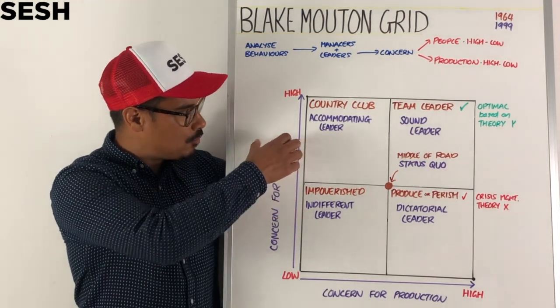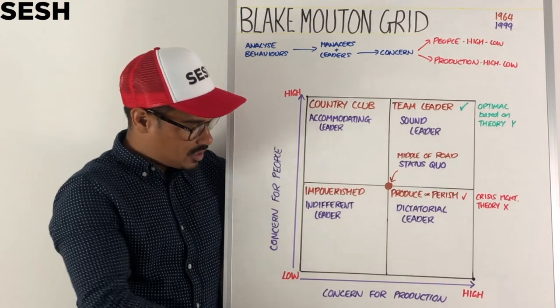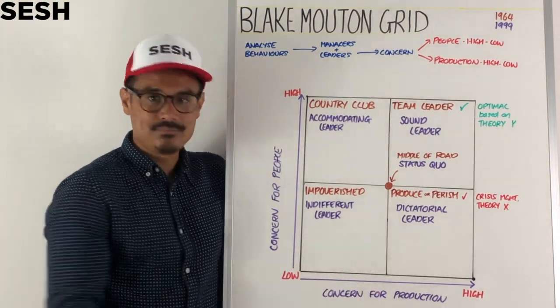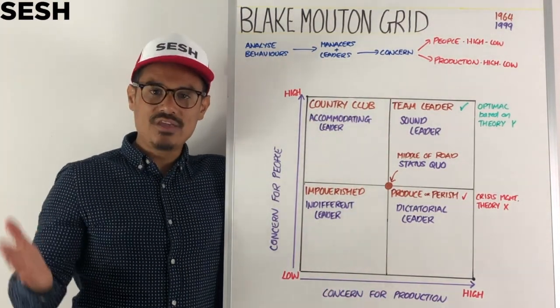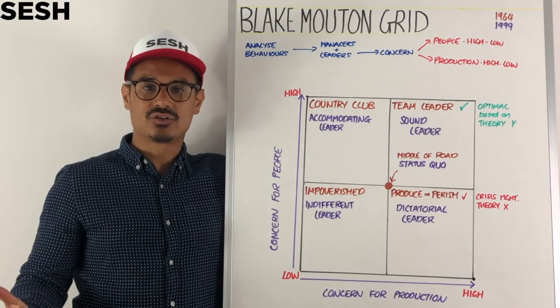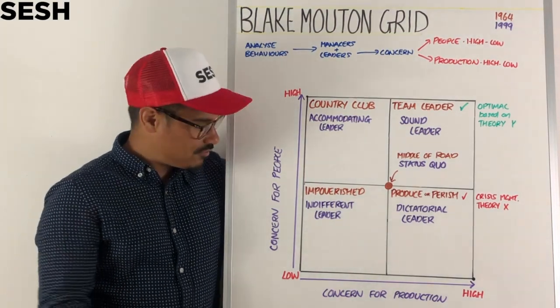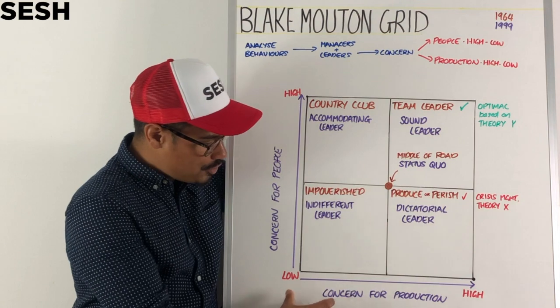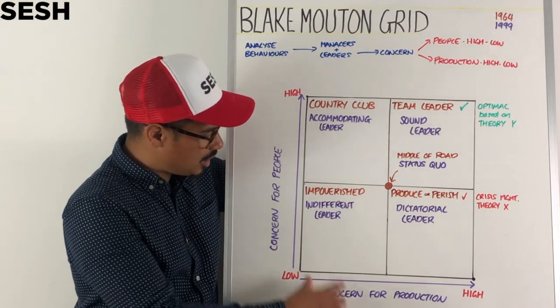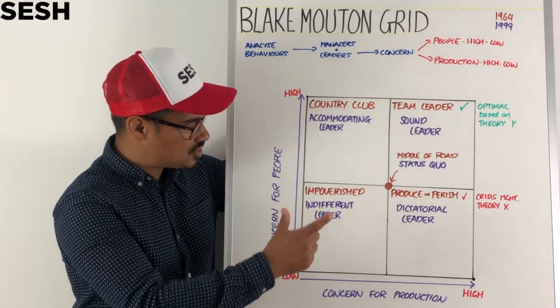So concern for people, low and high. Concern for production, low and high. Just a simple grid there. But within the grid, there are 5 categories that we need to be aware of. So the first is if you have no or low concern for production and very low concern for your staff,